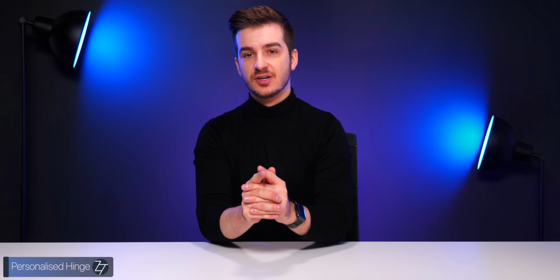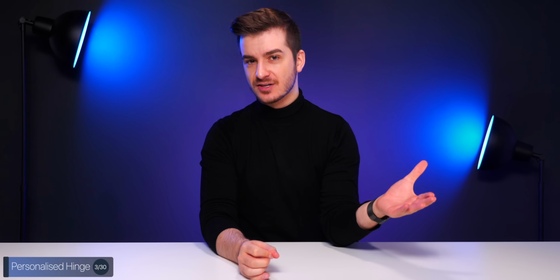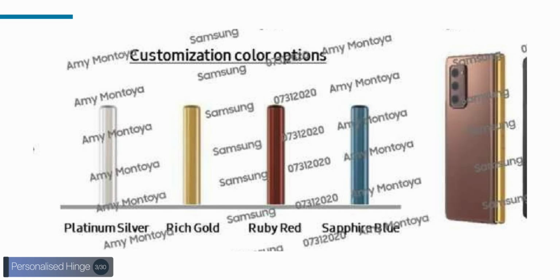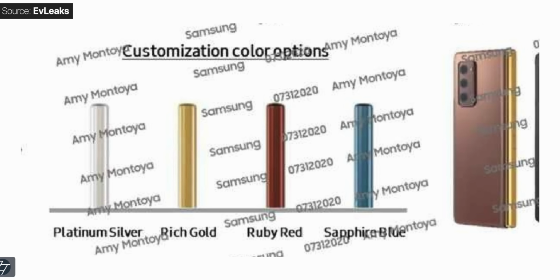Speaking of the new hinge, when you order your Galaxy Fold 2, you can now customize that hinge. Now, this isn't live on Samsung.com just yet, but you will be able to change the color of the hinge. You have 4 options when you order your Galaxy Fold 2 through the Samsung website. And something that I was hoping would be improved with the Fold 2, and it finally has, is dust